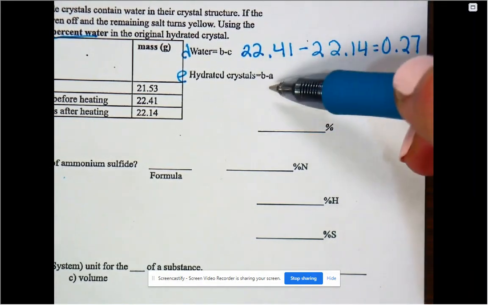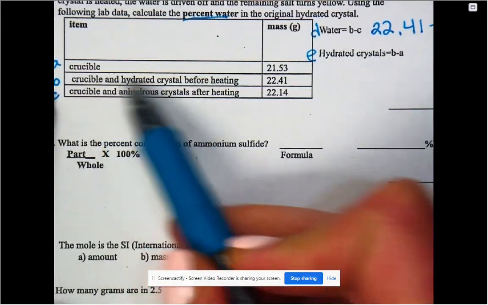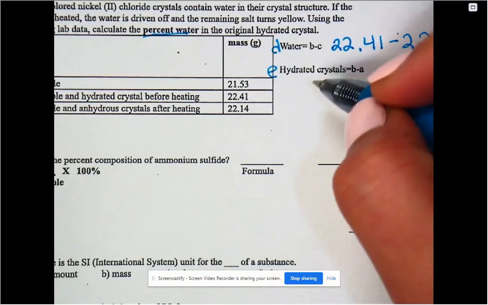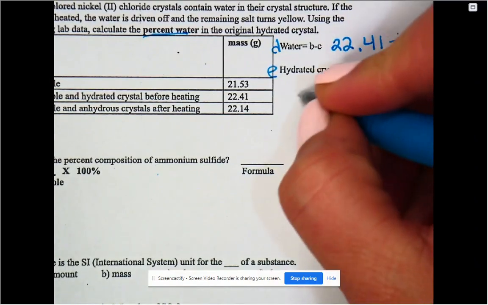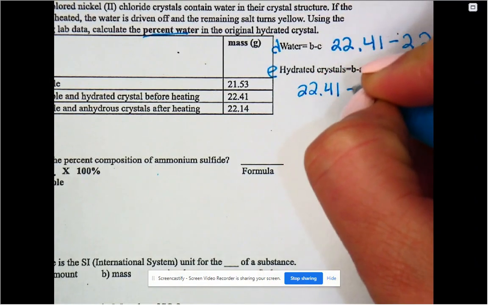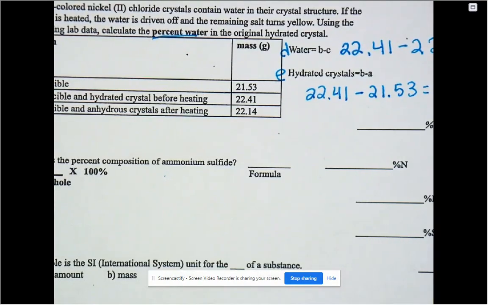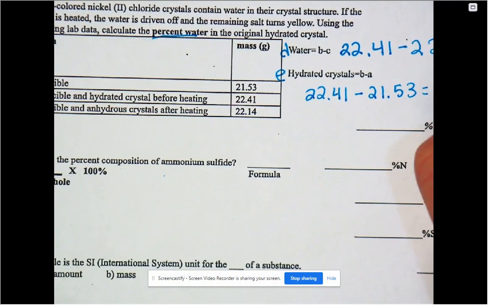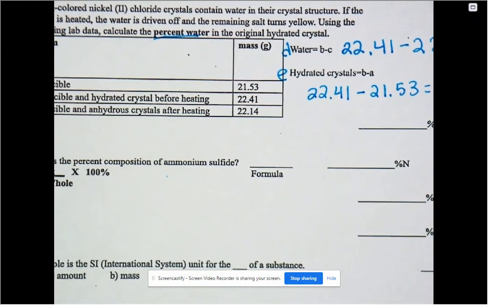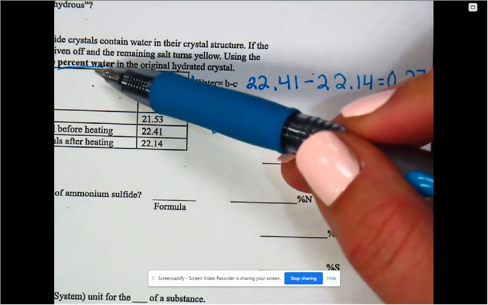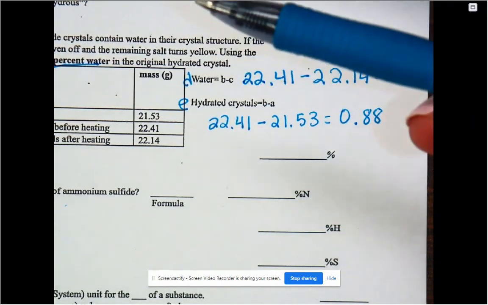Then we had to get the hydrated crystal. So that would mean we would want the wet salt minus just the container. So you would take B minus A. So 22.41 minus 21.53. So when you subtracted those two, 0.88. Okay? So in order to do the percent water, it's kind of like our percent composition, part over whole,